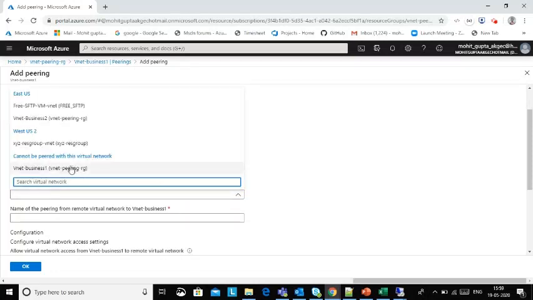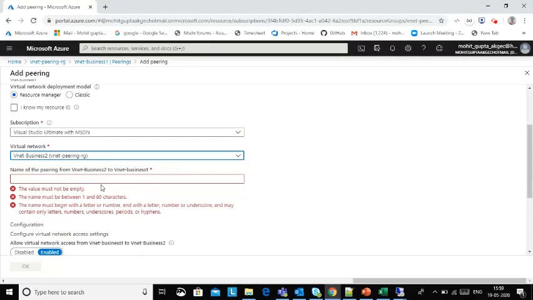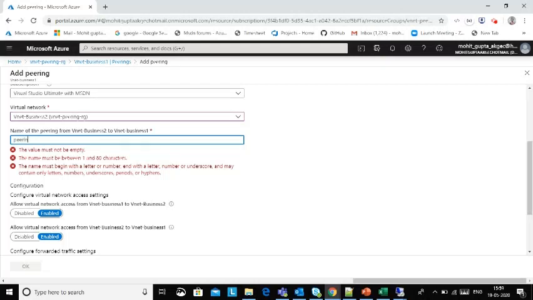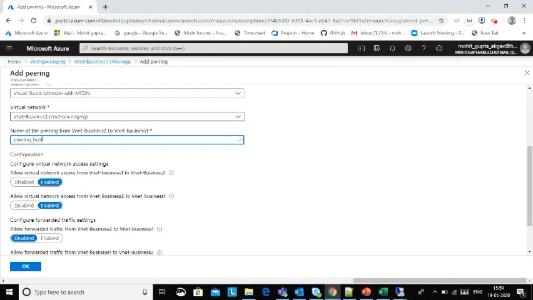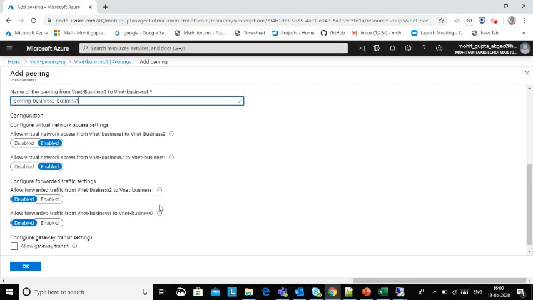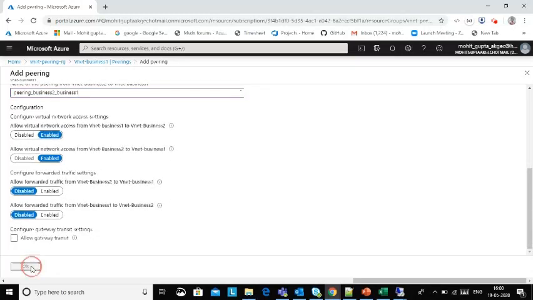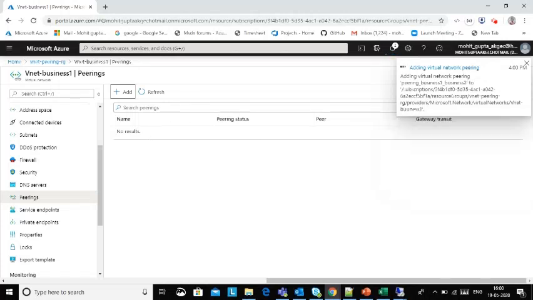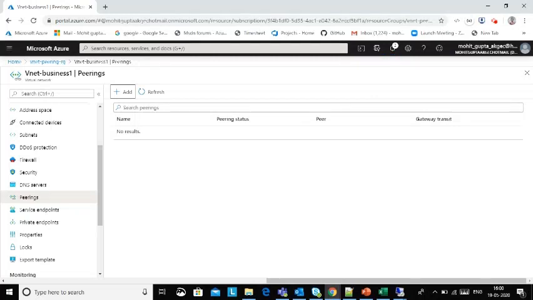Select the virtual network which you want to peer. So basically it will create peering in both of the virtual networks, in virtual network business 1 and also in virtual network business 2.